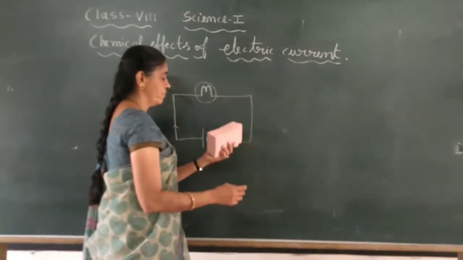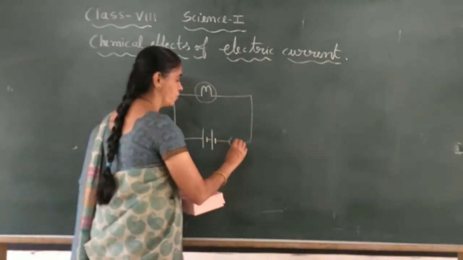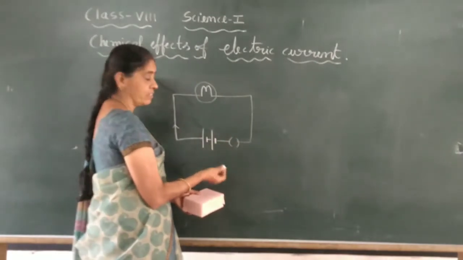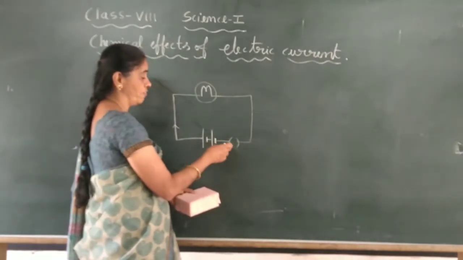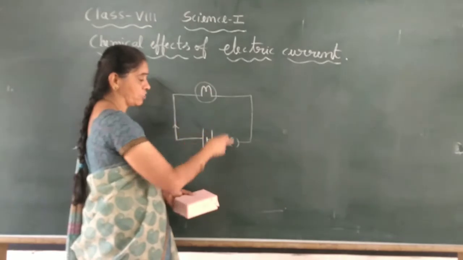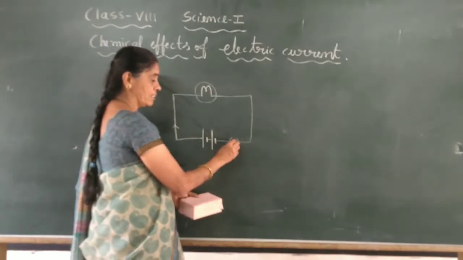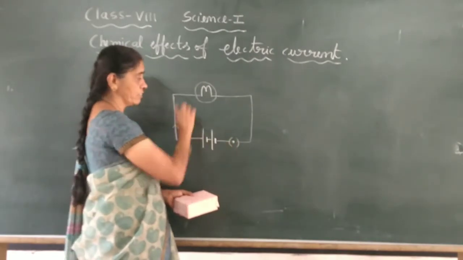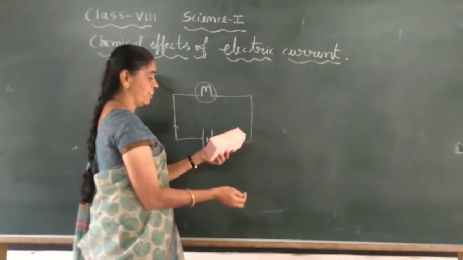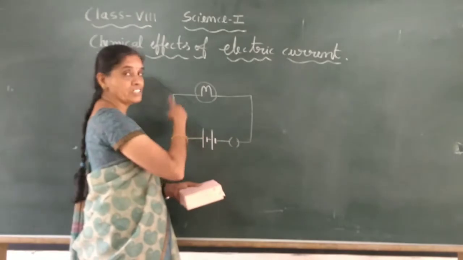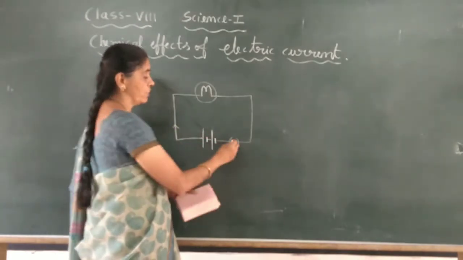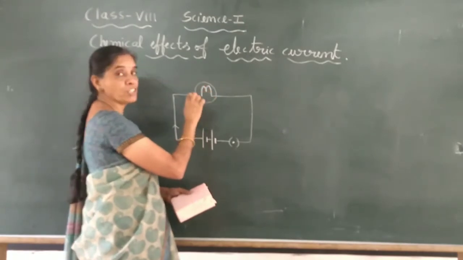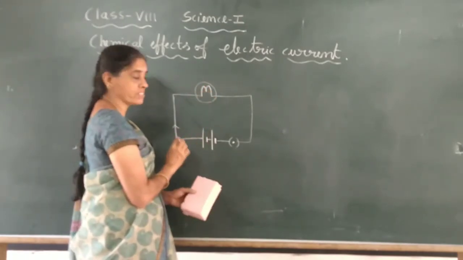You use a switch to turn the circuit on and off, which means you can make the circuit or break it. If you draw it this way, it is the symbol for a switch with current flowing in the circuit. If you draw it like this way, it indicates current is not flowing. When current is flowing in the circuit, the bulb will glow. This is a simple structure.